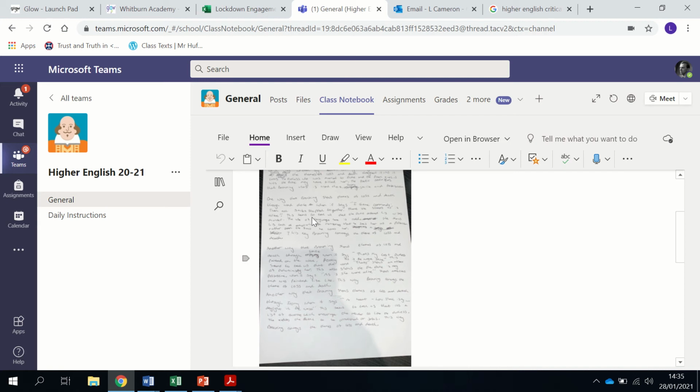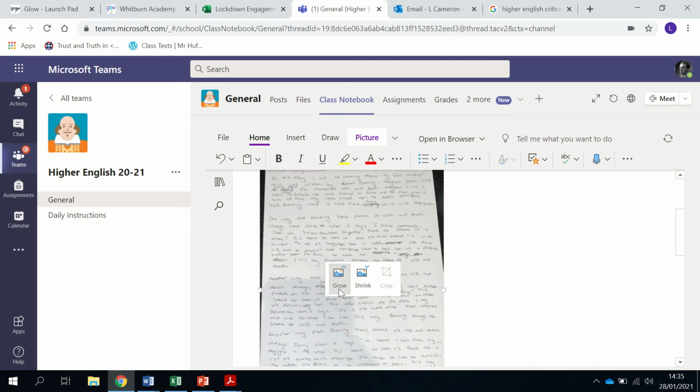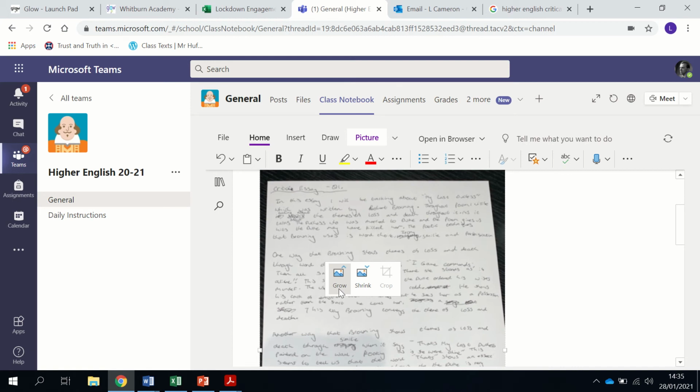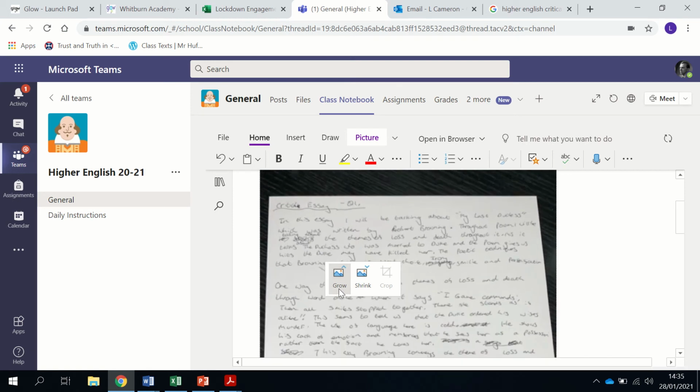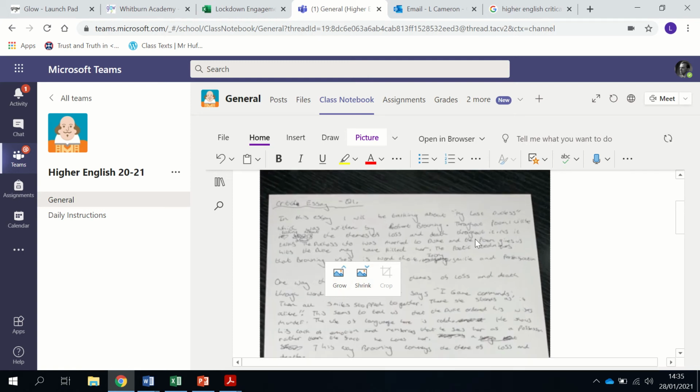Well, what you can do is hover over it, put your cursor over it, right click it, and then see this here, you can click grow. Click it again, click it again, however many times you want, and it just makes that a wee bit bigger for you. Okay, if you make it too big, then you can go to shrink and it'll shrink it back down for you. Okay, that way you can read it, it'll be a bit clearer for you,